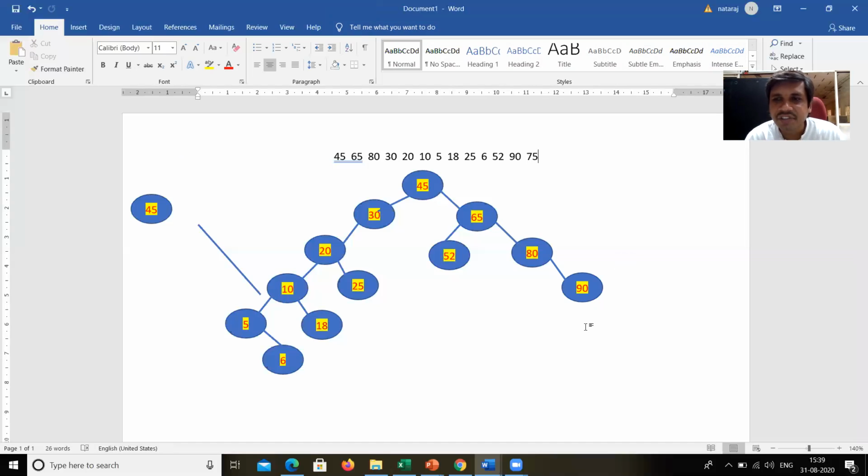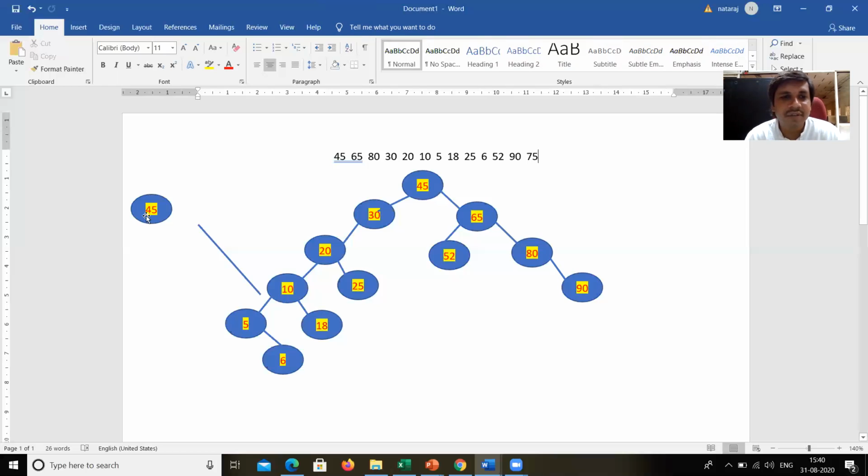Is it left child to 90 or is it left child to 80 or is it right child to 52? All these options seem to be correct. Okay, but you need to follow the order. You need to start from the root node and then traverse the tree with a top-down approach.